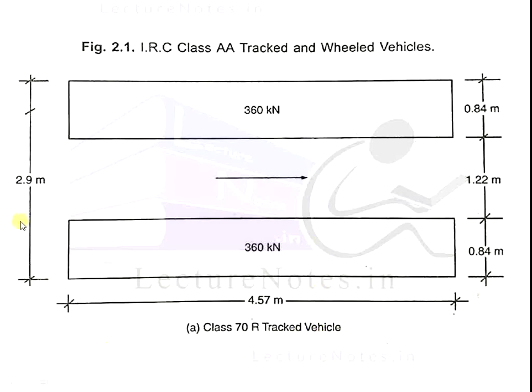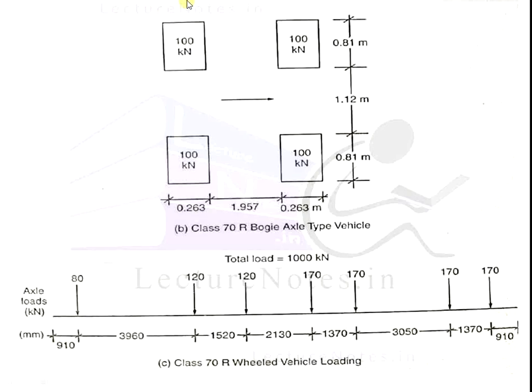The total distance is 2.9 meter, and we have to divide it. The first wheel is 0.84 meter, next 0.84 meter, and the remaining distance is 1.22 meter. The second type is the class 70R wheeled vehicle loading. We have to consider separate wheel loading. The axle loads are 80 kN, 120 kN, 120, 170, 170, 170 kN,